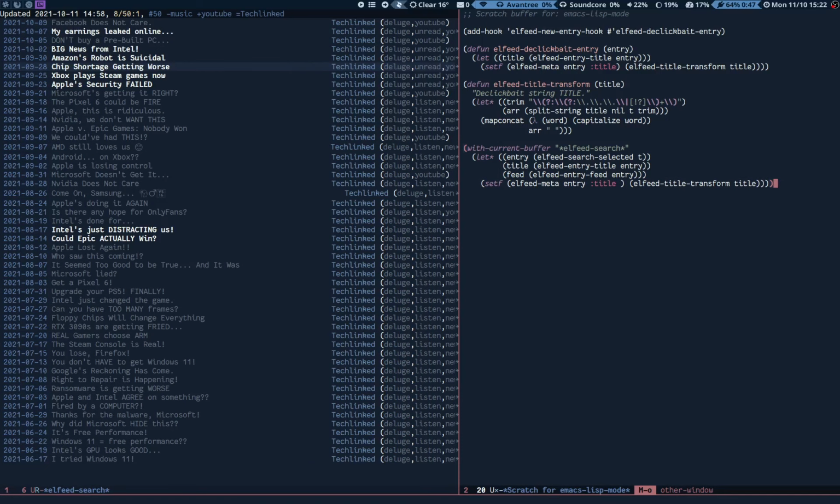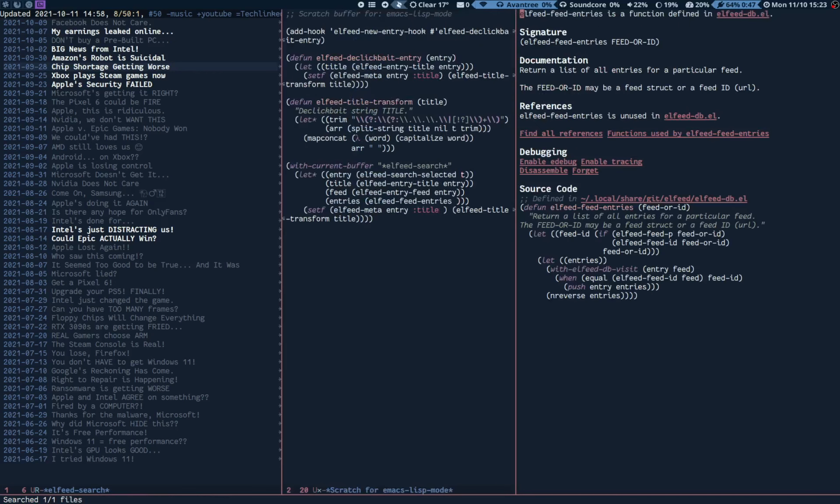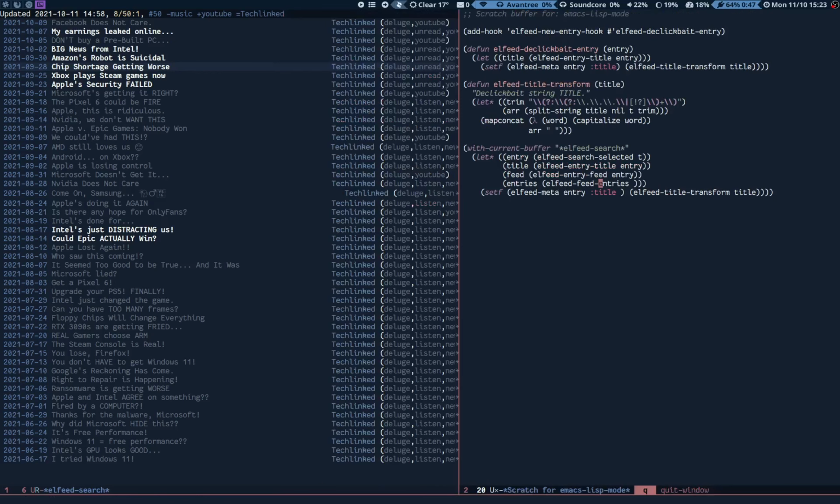Okay. Let's test it actually on the entire buffer. No, let's test it on every entry in this feed. Since we have the feed here already, let's get all the entries for this feed. I'm sure there's a way to do that. Elfeed feed entries. What does this do? Return a list of all entries. Perfect. Corresponding to that feed, and we can do list